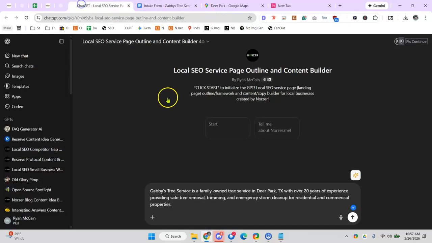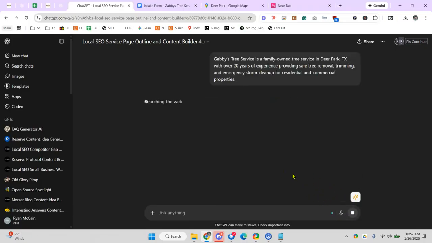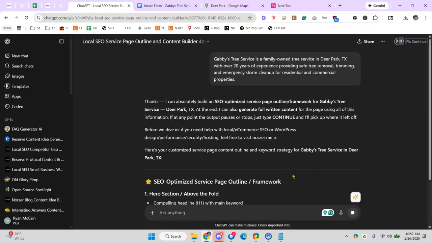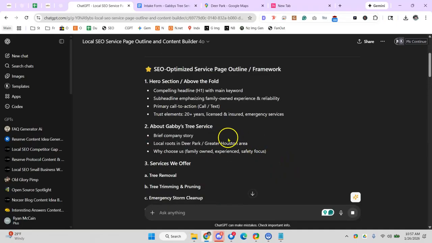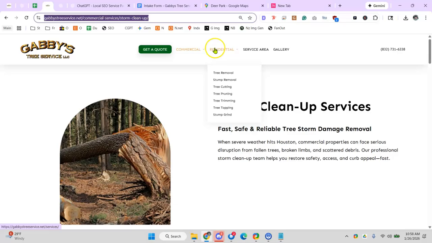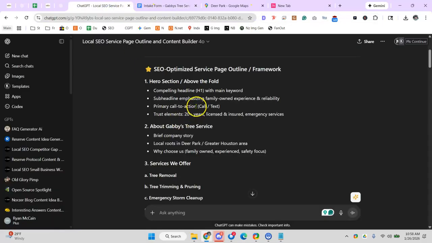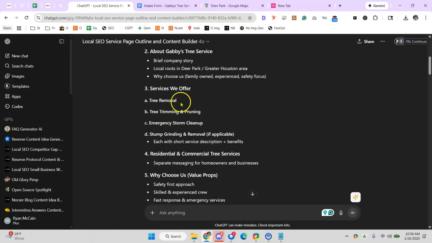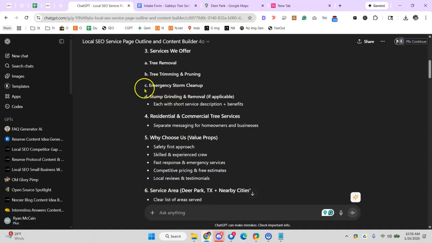Okay, so did we run this? So okay, we gave a description to it, and we're going to run my SEO prompt. And this is for building a website framework out. So all I'm looking for is based on what I've seen on their page, storm cleanup, land cleaning, then you get residential, blah, blah, blah. Is there anything that's being mentioned in its output that we're not covering? So emergency,